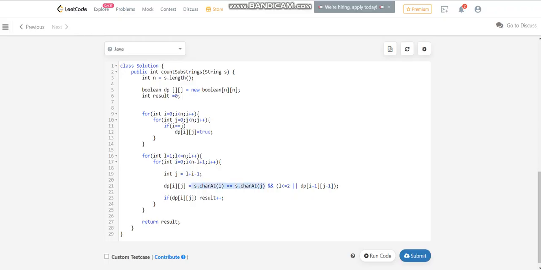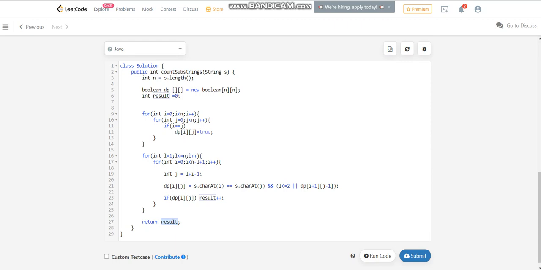If they are equal, I will check its diagonal, or else if the length is less than 2, it should be directly considered as a palindrome or not based on the first condition. Okay. And if it returns true, I am incrementing my count, and at the end I am returning this count. So I think once you understood the explanation, the code should be very easy.